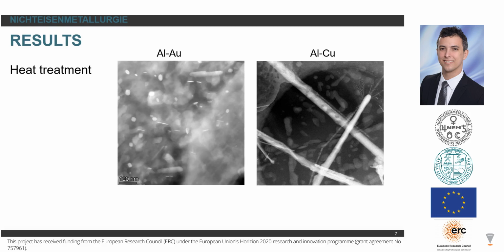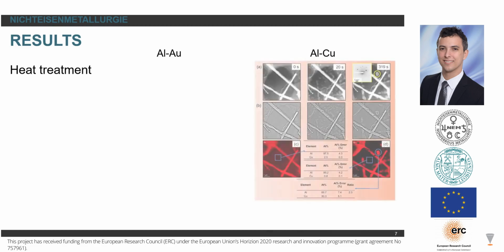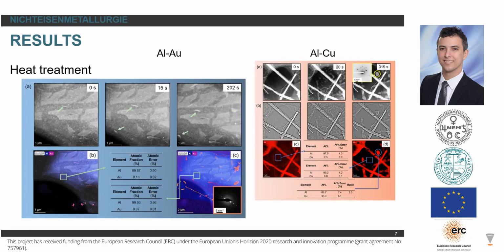We also did an EDS before and after to analyze the material composition overall. After melting for aluminum gold, we have the maximum solubility for gold in aluminum, and after the heat treatment we also have the same for 260 degrees Celsius. Also, after the heat treatment, we did quenching of the aluminum gold and aluminum copper as well. Here we see,